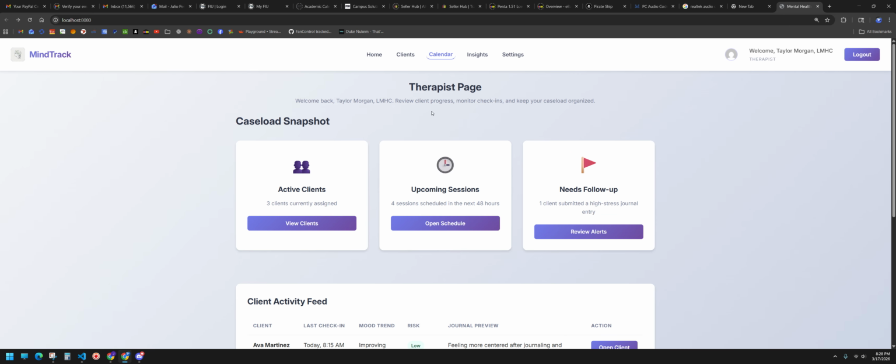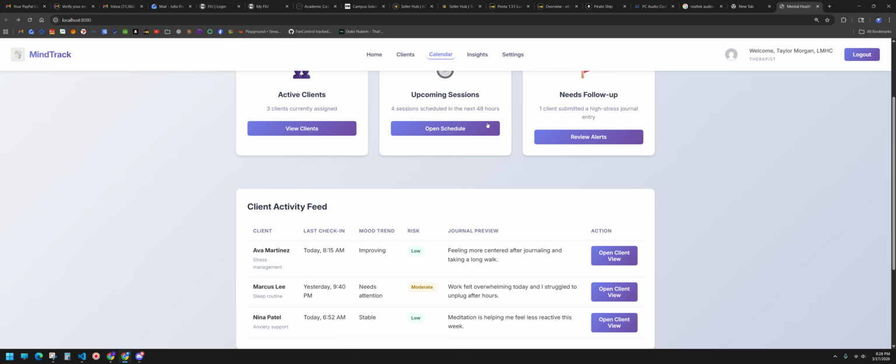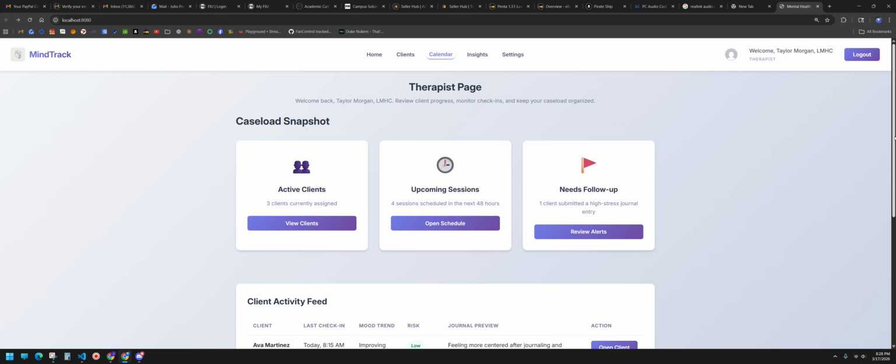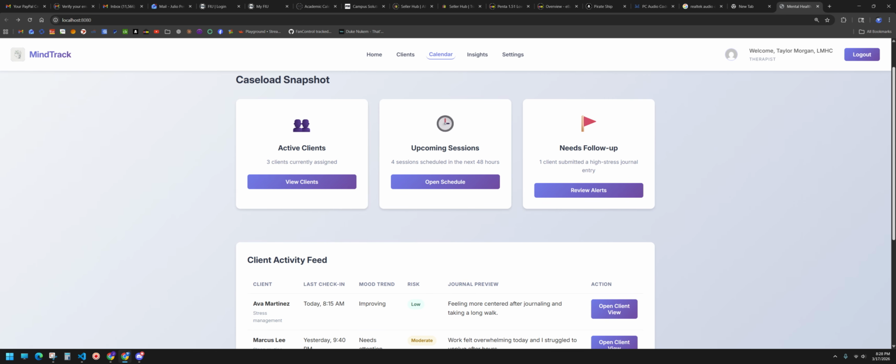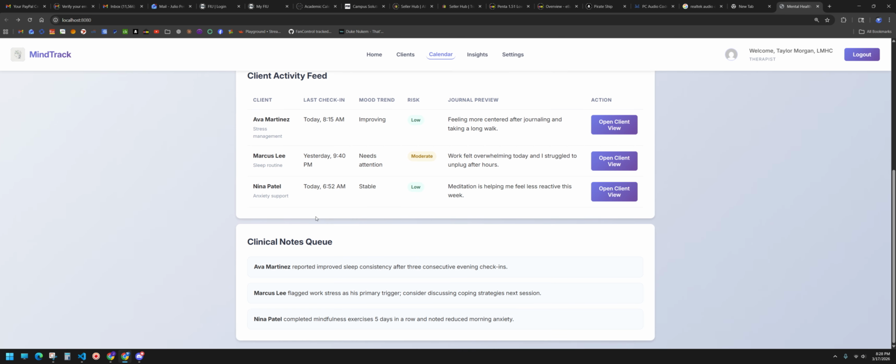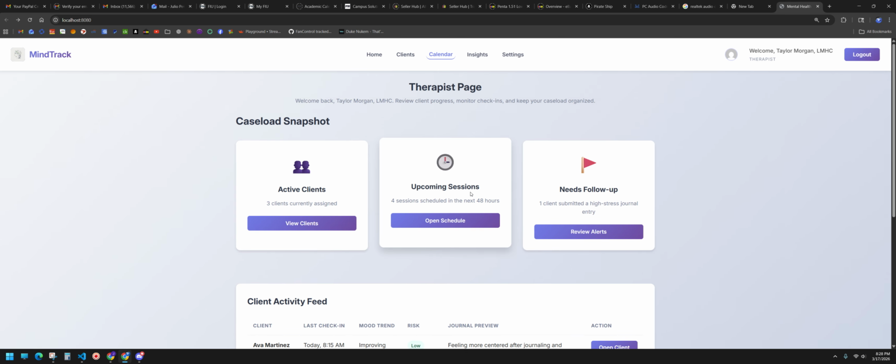I'm assuming the risk goes with their insights. If they have pretty good days, they're low risk, and moderate if they're having a steady pattern of bad days. And the check-in, what correlates the time to the check-in? Is it when they last got info or the last time the client was on the page?